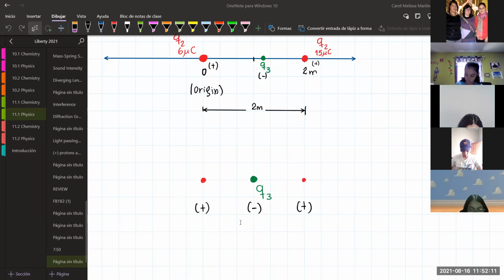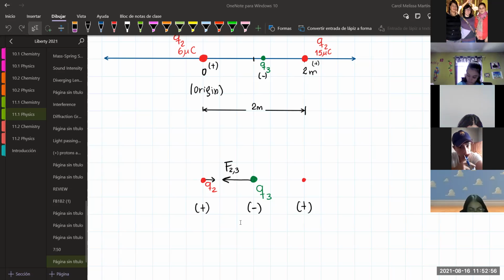So what kind of force is going to be exerted between Q3 and Q2? Between them, what kind of force is going to be exerted? Attraction or repulsion? Attraction. Attraction. So they want to be together, okay? They want to be together. So the attraction force is going to be like this, okay? And I will call this force 2, 3, because it's coming from the particle 2 to the particle 3,